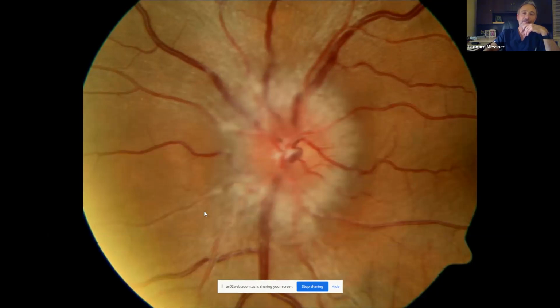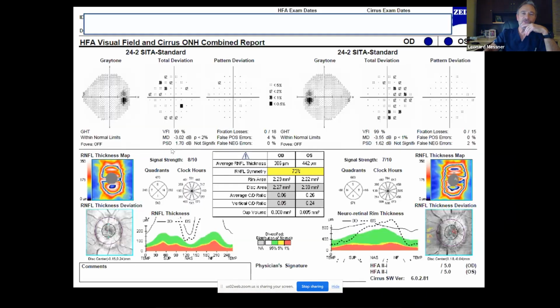But the good thing about this case is we can see both in the right eye as well as in the left eye that the optic nerves are somewhat pink. And pink means that they're perfused. And we'll see the OCT equivalent of that in just a moment when I show you the ganglion cell complex scans. And looking at the visual fields, you can see that we have the rather characteristic findings of